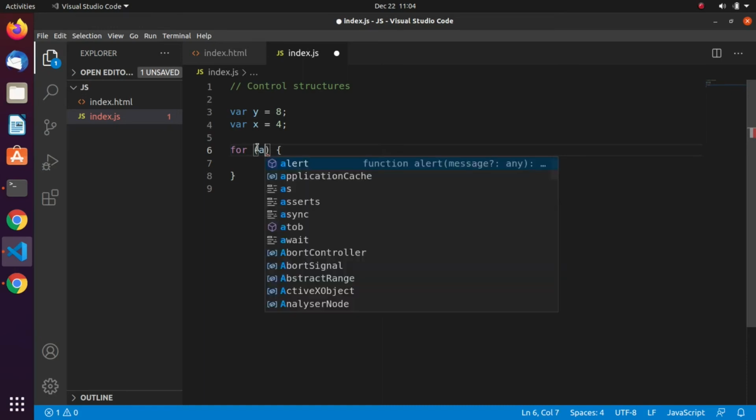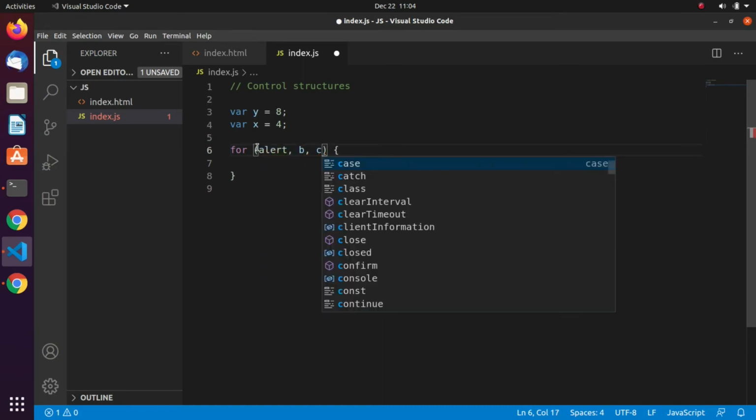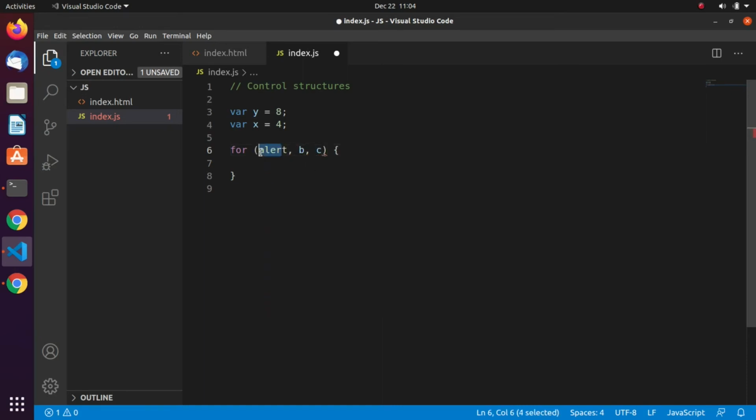Let me put A, B and C. Here's A, which is an expression, the initial expression. The B is the condition, and the C is the final expression.